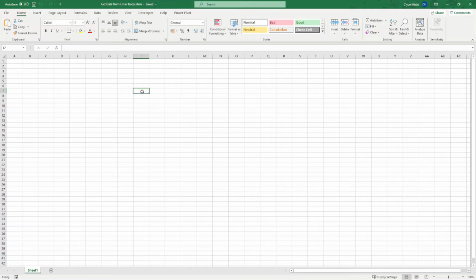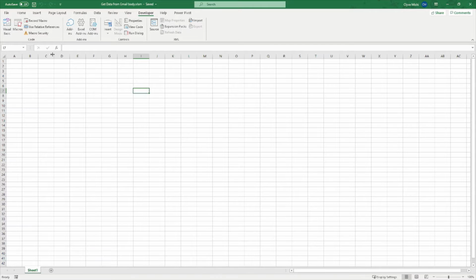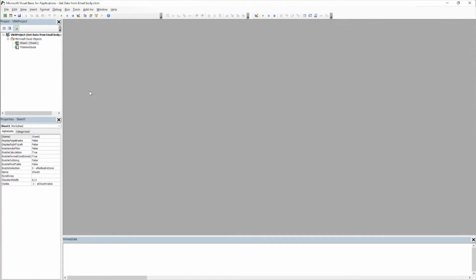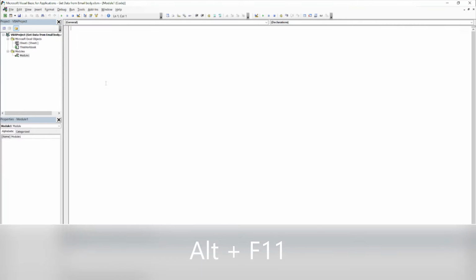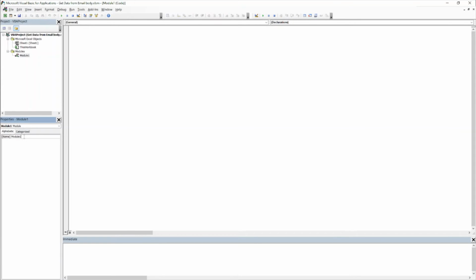Then I'll open my macro editor window, so I can go to developer and open Visual Basic, or I can press Control Alt F11. Okay, then it opens the edit window where I can edit my macro. Then I can insert a module. Okay, I can give my module a name or I can leave it as Module1. Let me just call it get data